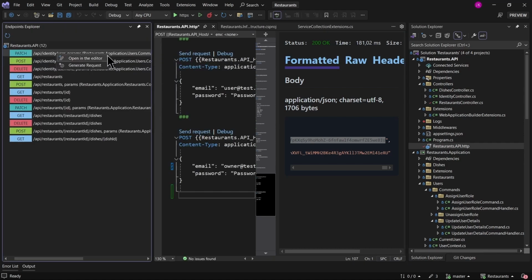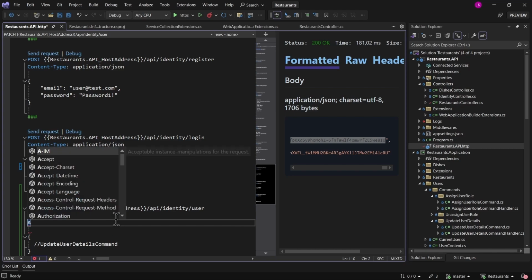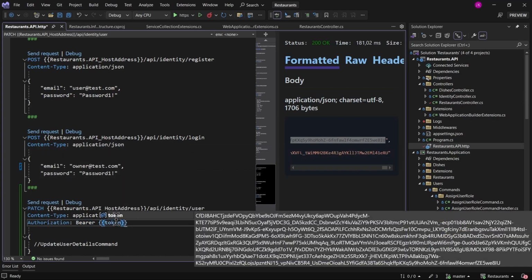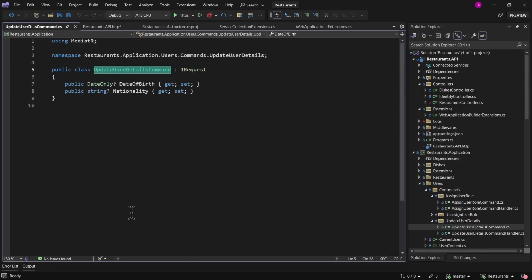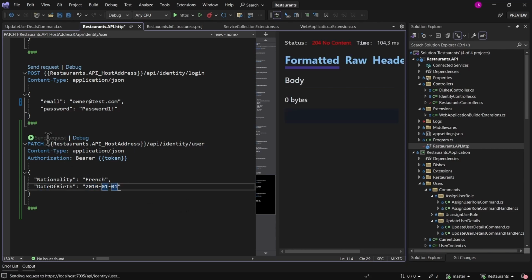So let me just generate this request with the Endpoints Explorer feature. And for that, I will have to also add the authorization header with the value of bearer and then our token as a parameter. And as we remember, the update user details command takes in two parameters, the nationality and the date of birth. So going back to our client, here let's just specify nationality as, for example, French, and then the date of birth as 2010 and the 1st of January. Alright, so after I've sent this request, as I'm getting no content, the user should have now a nationality value,